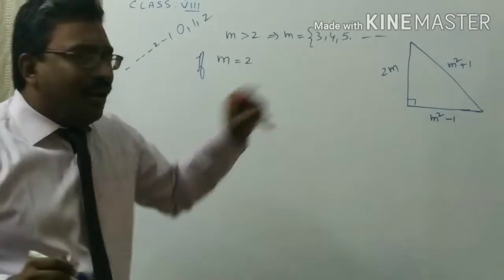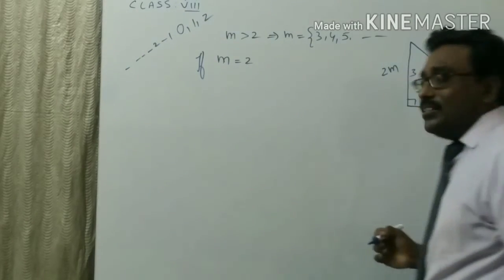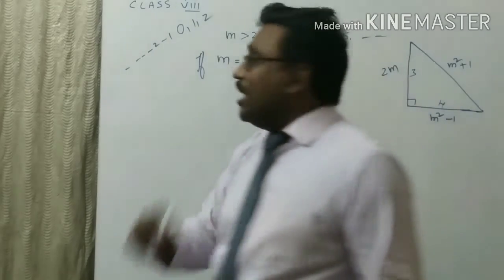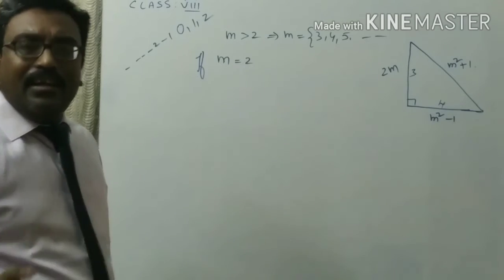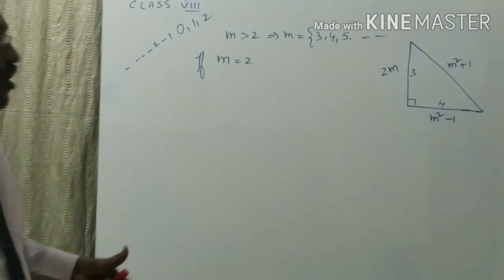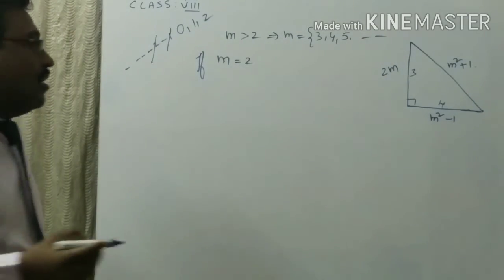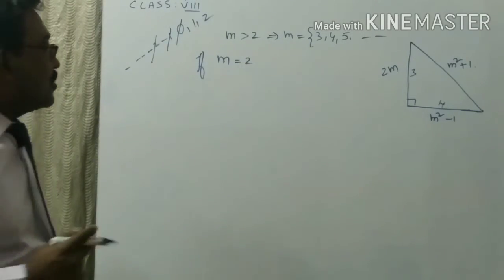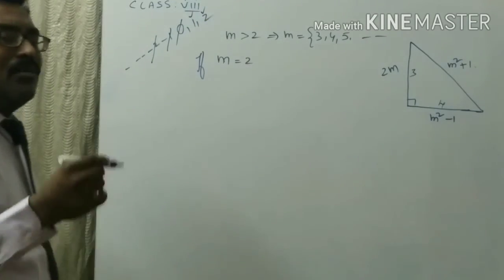What are these? We are taking them as sides. This is the 3 centimeter side. This is the 4 centimeter side. So there is no negative side in any dimensional figure, either 2D or 3D. We cannot draw a minus 2 centimeters or minus 3 centimeters line. So triangle sides can never be negative, and can never be 0 also. Now, if m is equal to 2 or m is equal to 1, what will happen?